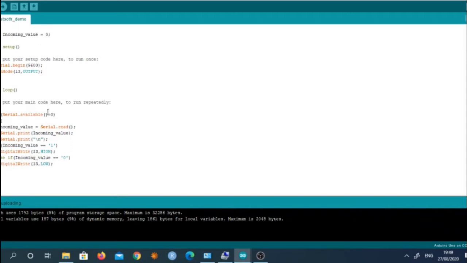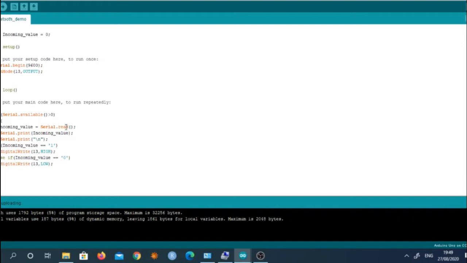So when some value is sent, that means Serial.available at the serial port, if some value greater than 0 is available, then it will go inside and the Serial.read function will read the value which we have entered through our mobile.